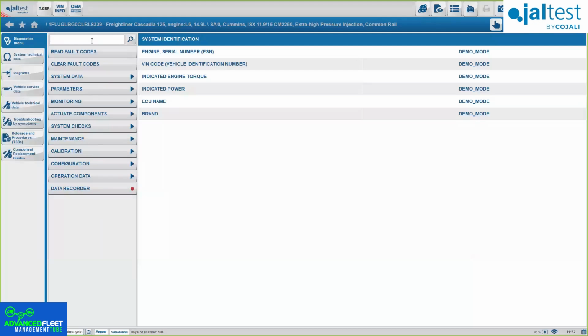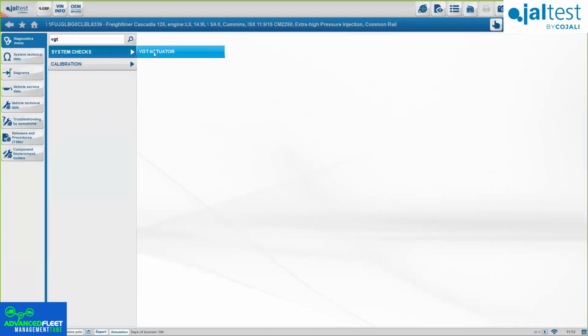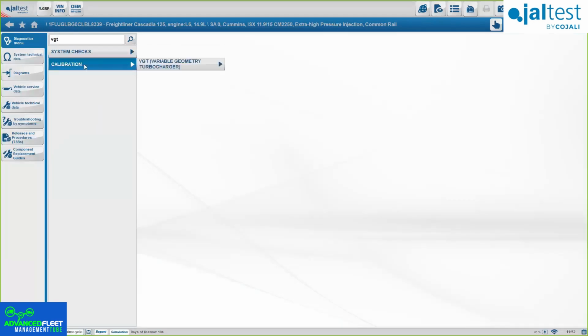And for example, if you type VGT, you can either do the test for the turbo actuator or calibrate it. Okay, should be here, the turbocharger. And then you have the initial installation and the calibration. Okay, these are the options here. And again, if you follow the steps, you should be able to do it. Okay.